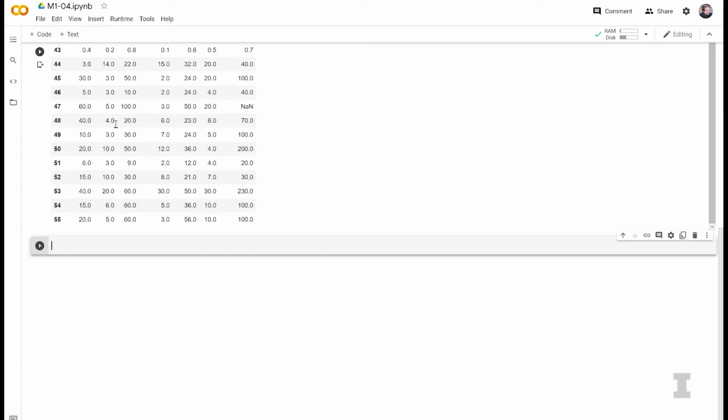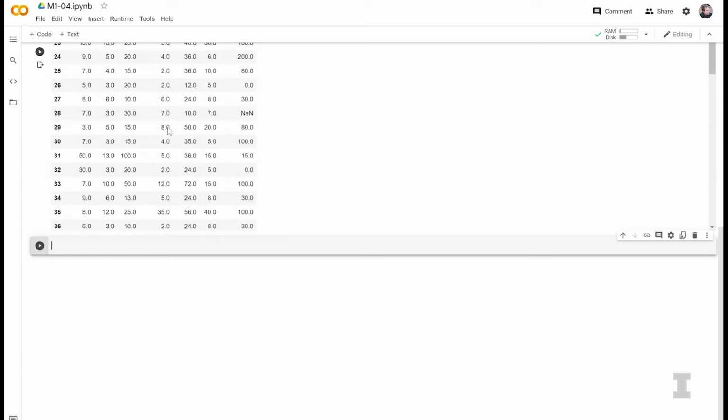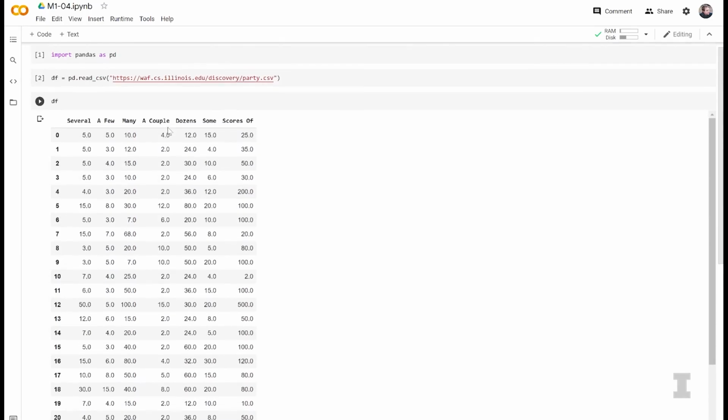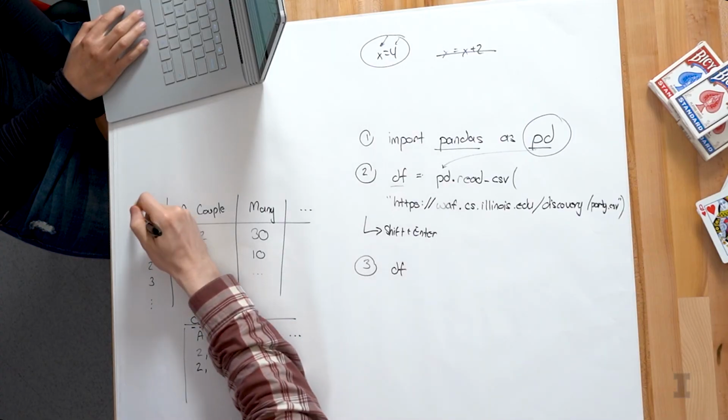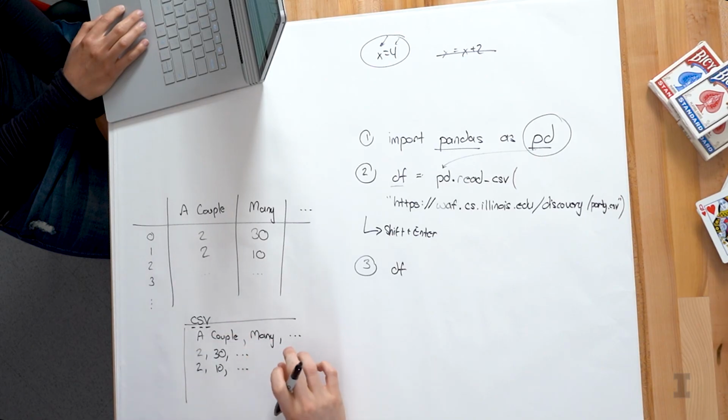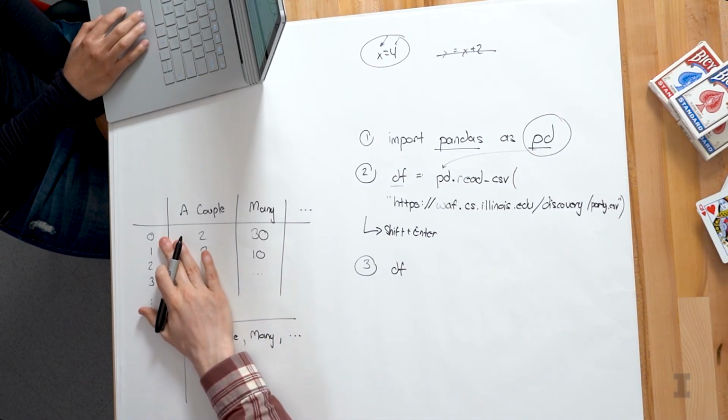So if you type df, what do you see, Carly? I actually see the party data set, and I see all of the rows containing the data and the names of the columns in the first row. Awesome. So you're going to see all of the columns just like we see here. And then on the very left-hand side, you see a list of bold numbers. I do. Yes, starting with 0. Starting with 0. So as computer scientists, we're going to start counting from 0. And this is what we call the index of the row. So the index is a 0-based counting mechanism.